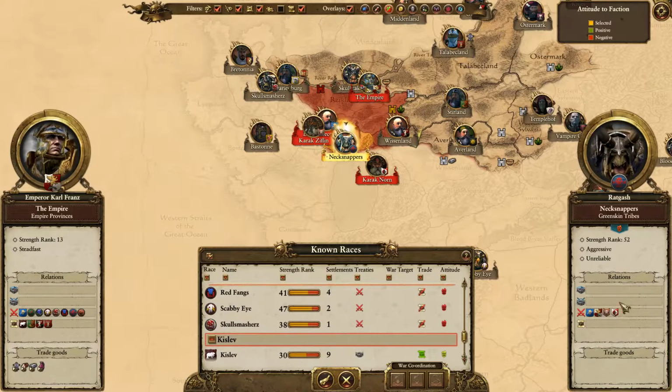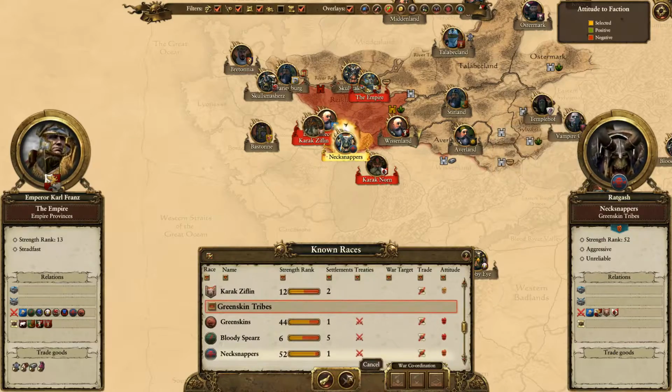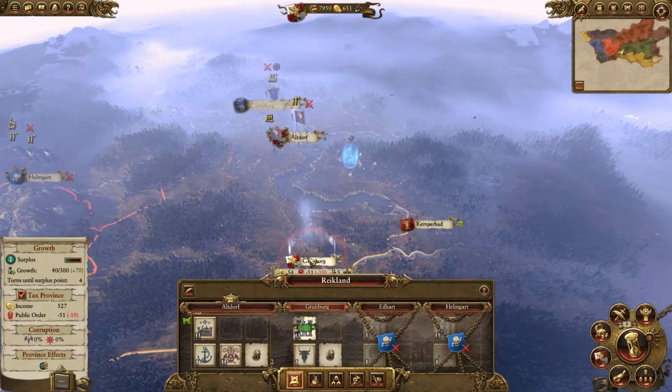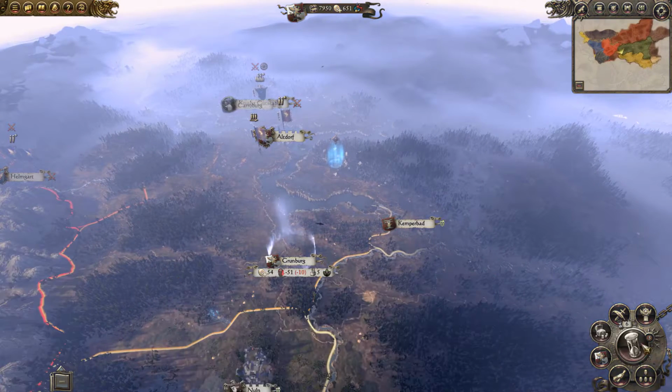Okay. Yep, so none of these guys are going to want peace yet. Oh, I did want peace with the neck snappers. Let's just see if they're interested. No, they're not. I have to beat them into submission. Okay, so I think that's going to be it here. No buildings, right? Nope, no buildings just yet. I would like more buildings. I'd like more territory, but